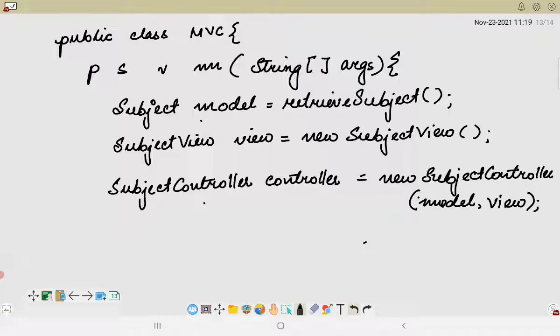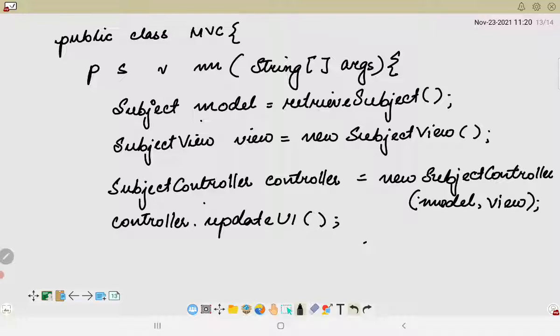Now what we will be doing, we will be calling the method which is the update UI. Okay, so we will simply use this object to call the method which is in the controller, that is controller dot update UI.